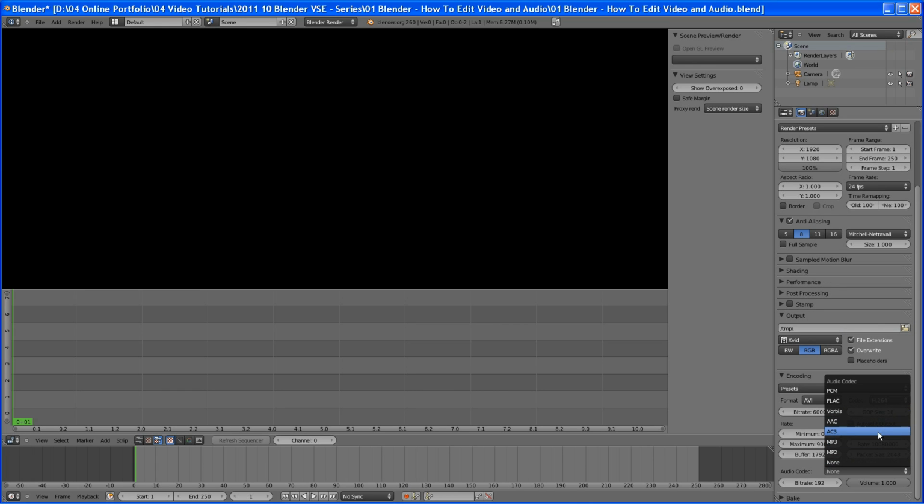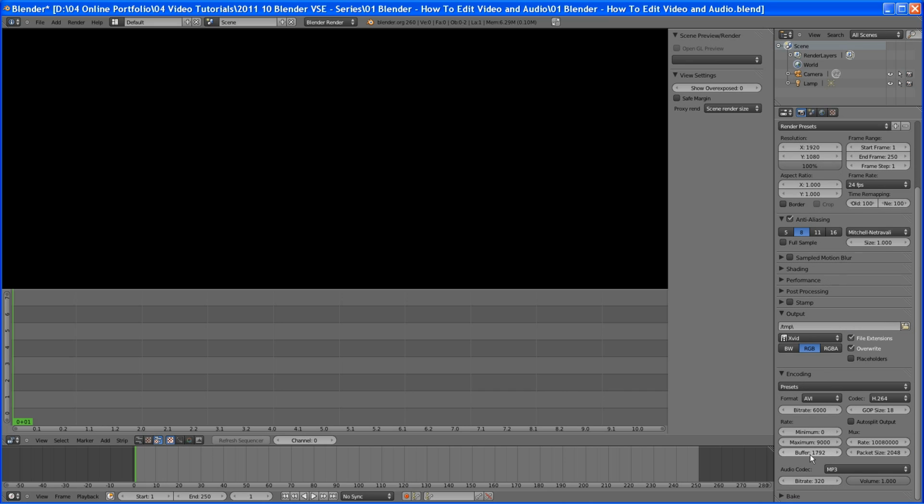For the audio codec, I still like an MP3 at 320. And this is a preference. Some people prefer others, but these are my choices. You can see that you could do a few other ones. I do it at 25 frames, just an issue with Cam Studio to make it equal 1000. So once we do this, then it's as simple as hitting, actually hold on, before I import that,